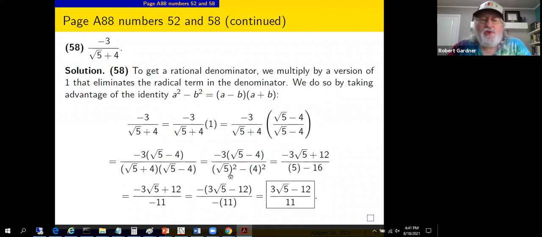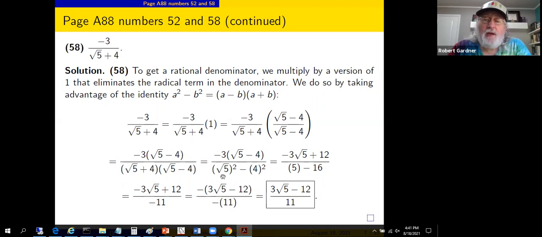First term is square root of 5. Second term is 4. The negative here manifests itself as a negative between those two. And in the numerator, well, we'll talk about it later, I guess. We get -3 times that square root of 5 minus 4 thing. Just rewriting